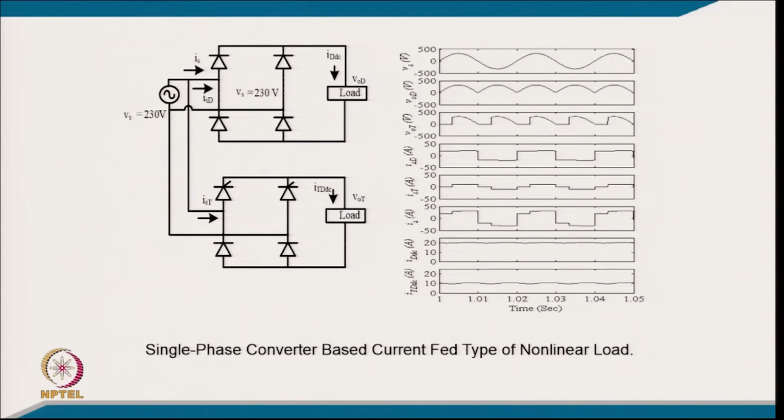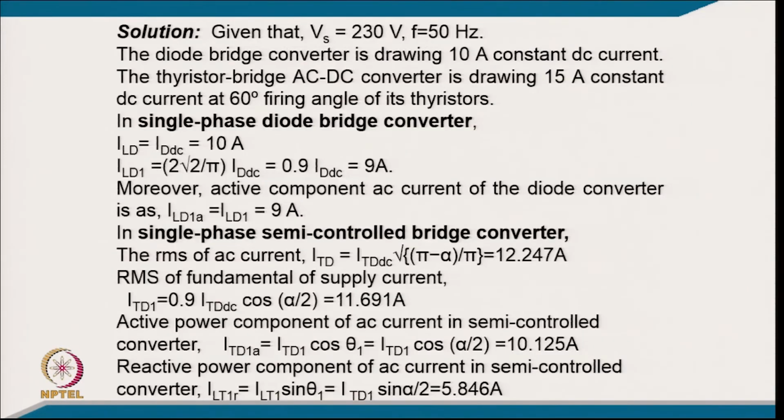The sum of these two currents will be the total supply current, where the diode DC side current is there and this is the thyristor DC current. So, we will be considering this current calculation typically. Coming to the solution, given that the supply voltage is 230 volt 50 hertz, the diode bridge converter